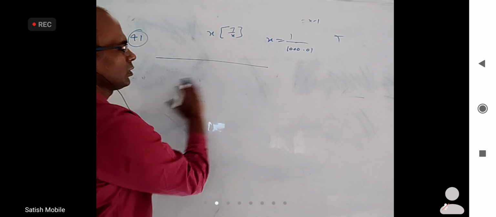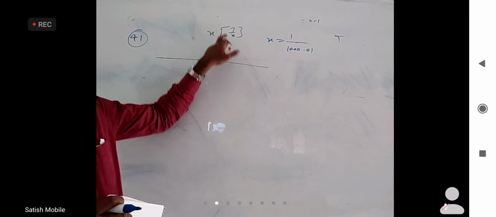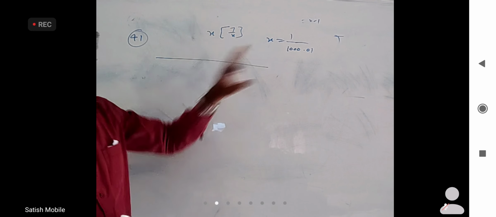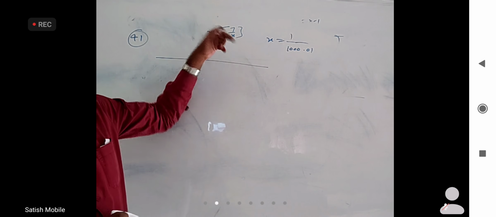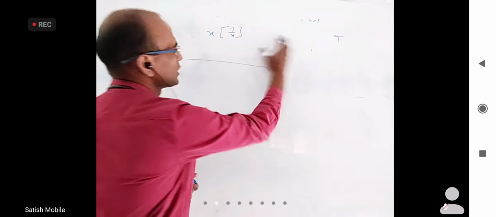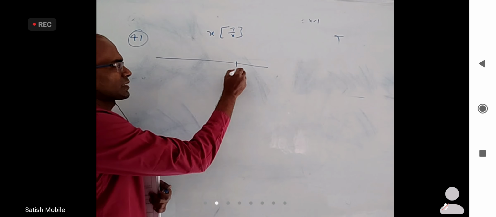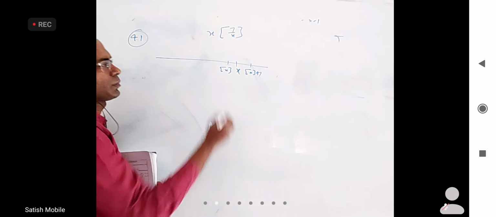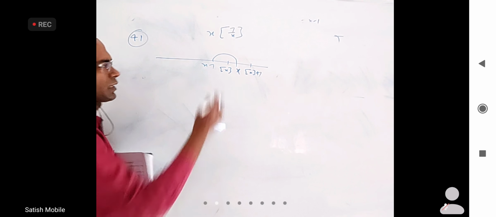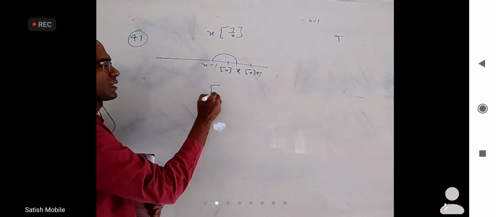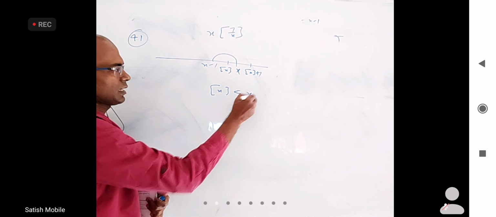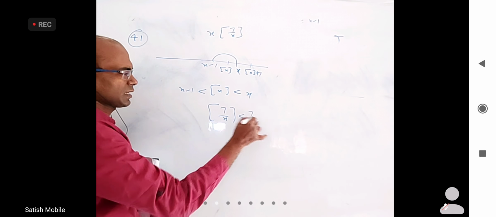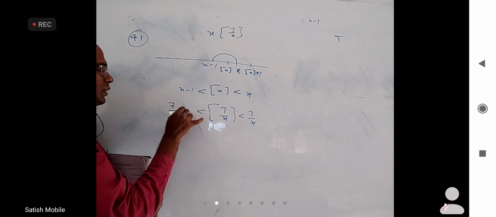So basically when x is very very small, 7 by x is so large that this integer part doesn't have much meaning. If you remove that, x into 7 by x is 7. If it is 8, answer is 8. If it is 9, answer is 9. Apart from understanding theoretically, if you want to write a proof, I said this: if x is here, integer part of x will be before that, integer part of x plus 1 will be before here, and here there will be one x minus 1 unit less than this. So I can say integer part of x is less than x and more than x minus 1. Like that, integer part of 7 by x is less than 7 by x, more than 7 by x minus 1.